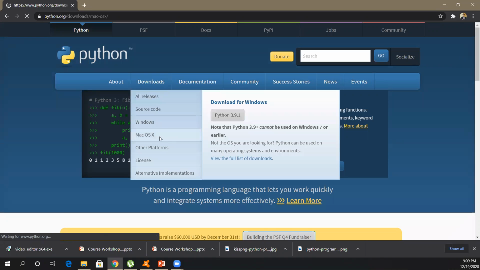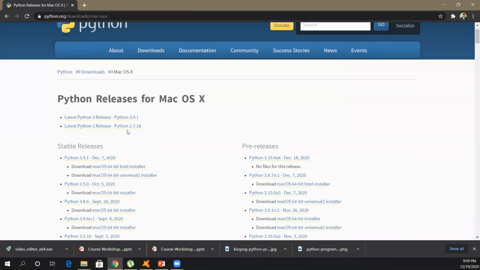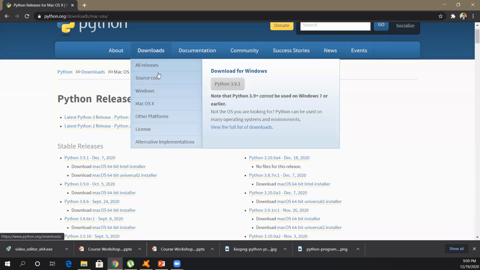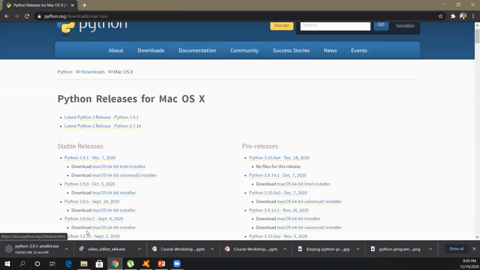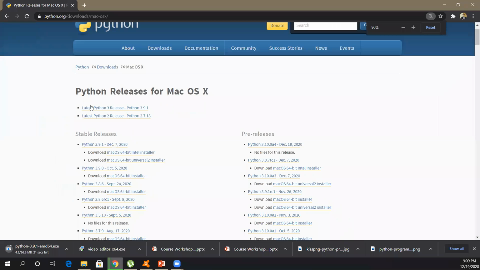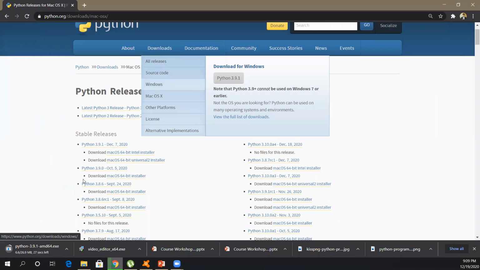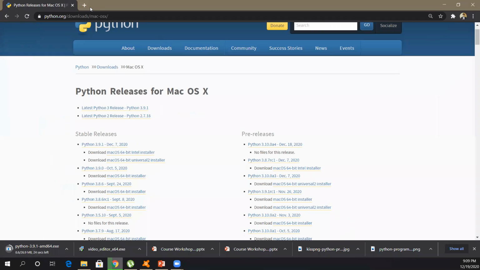You can download from here. These are for macOS and this is for Windows. So you can download from here. You can see it's downloading. Okay, so come to download. While it downloads, you have to go to